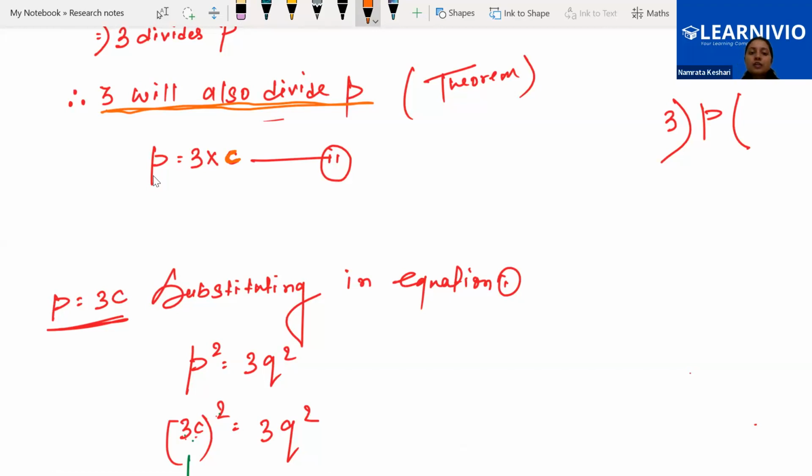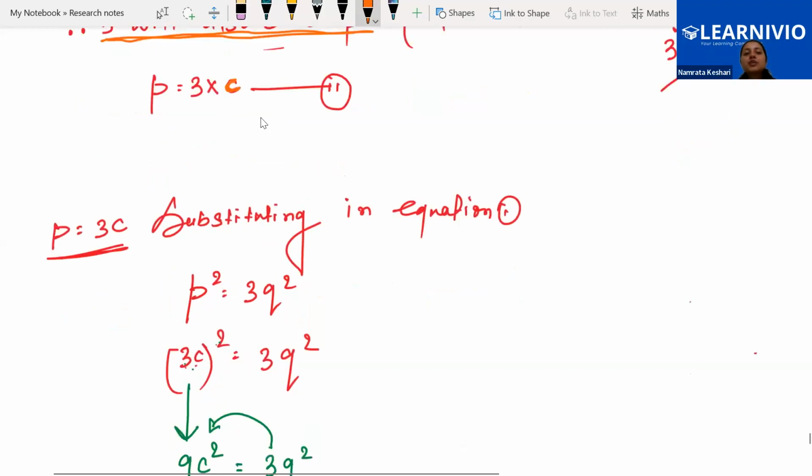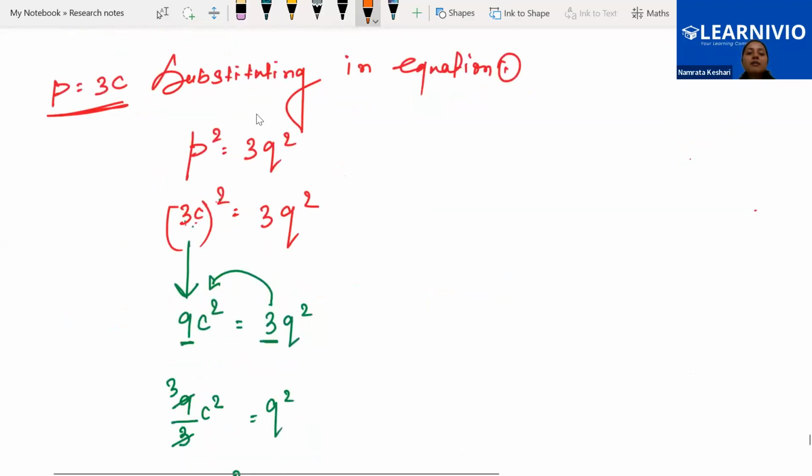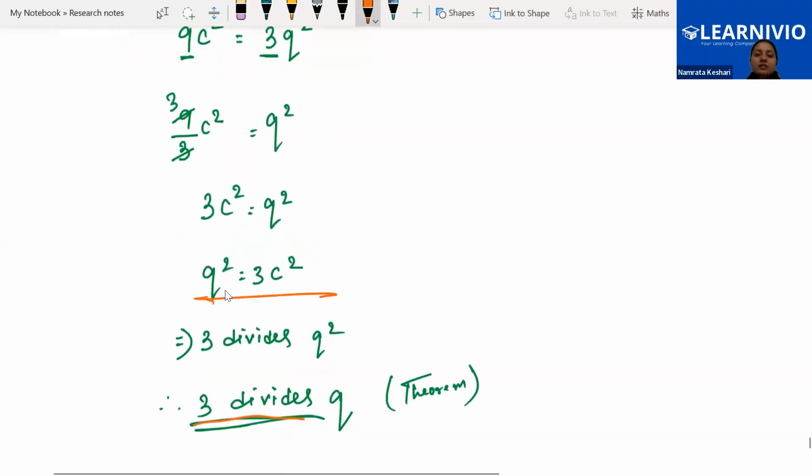This is how we are representing it. Now, equation 1 and equation 2, we are doing the substitution from equation 2 to equation 1. After doing the substitution, this is what we are getting: Q square is equal to 3C square. Again, we have to repeat the same process, that 3 divides Q square, 3 divides Q, which is